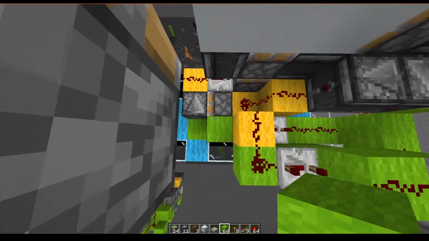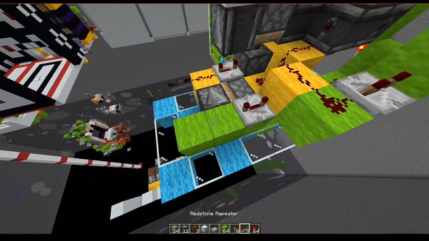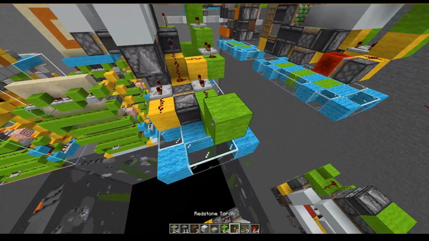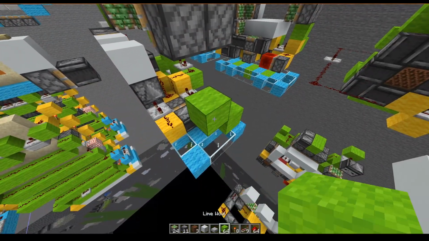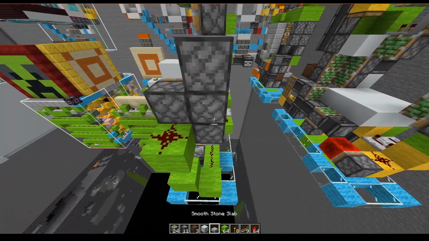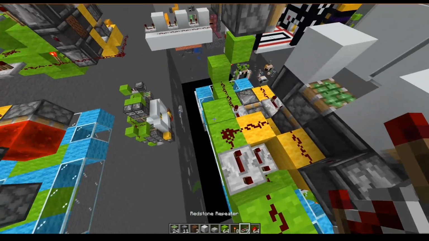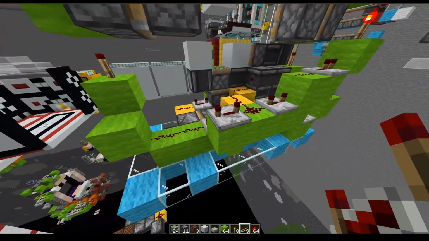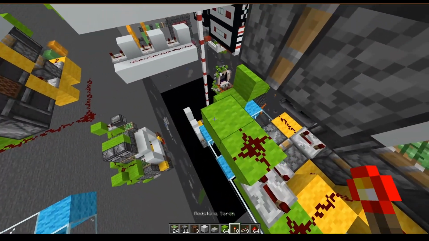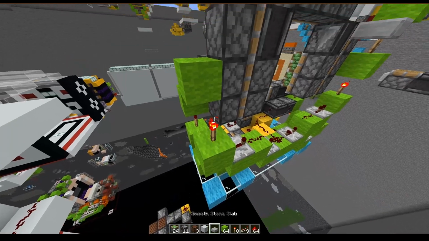So on the bit close to the door, next to the piston, we do a 4-tick repeater. Then we do block, redstone, redstone, into a block with a torch on the side, then a block with torch on top, block above that, redstone dust, block to the side, that dust. And then we do above here, 4-tick repeater, into a block and another block with redstone,